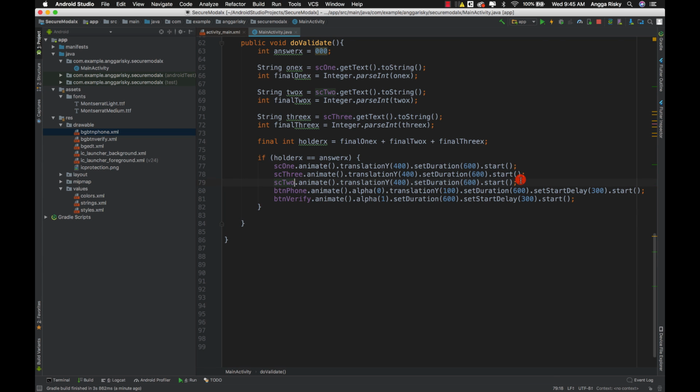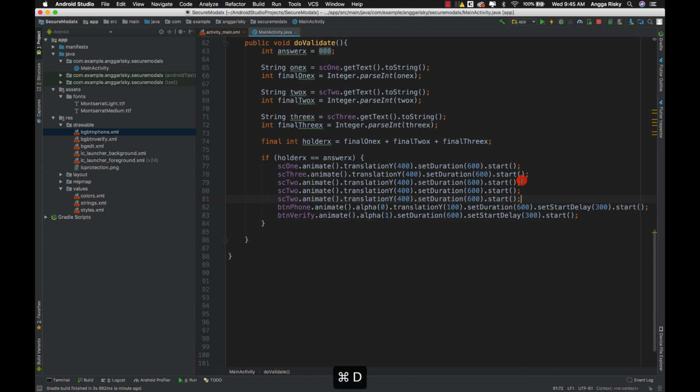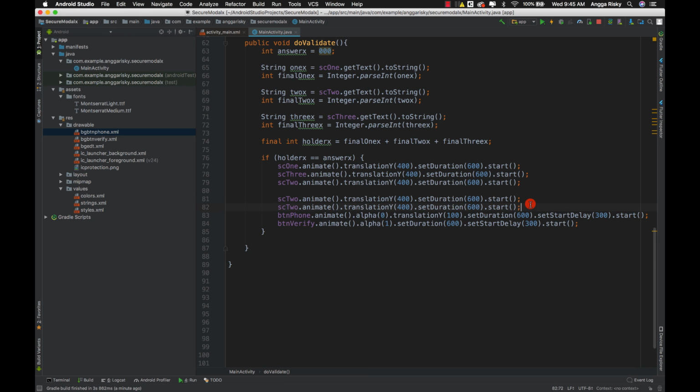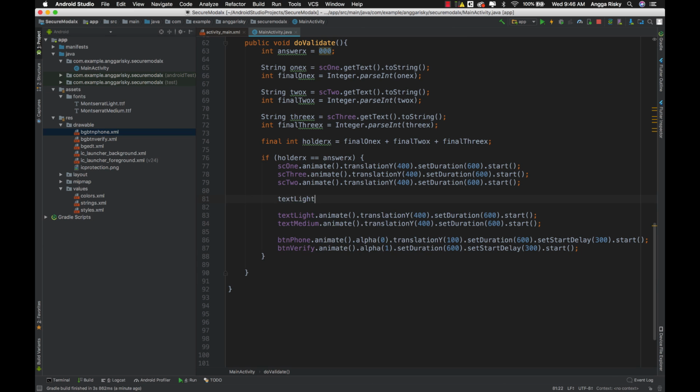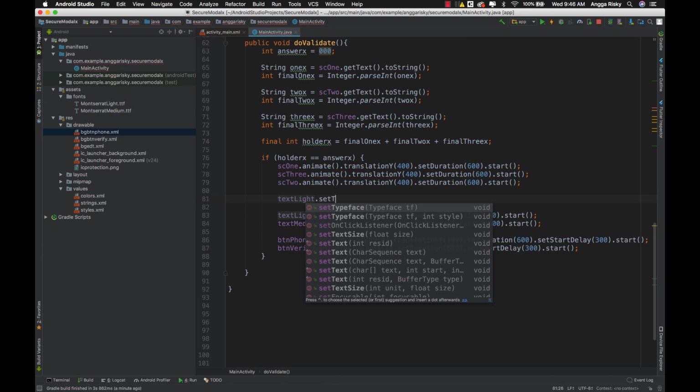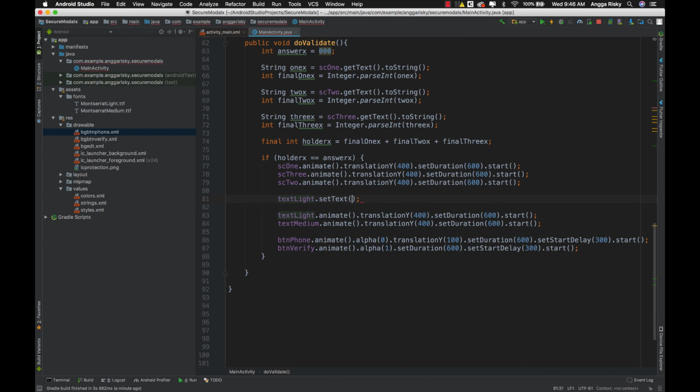Just duplicate them and change it to sg3, sg2, and then we duplicate two again. So I'm going to divide it by 4: text like, and then text medium. For the text like, we set a different text, maybe, if you see in the Adobe XD, it's called well done.